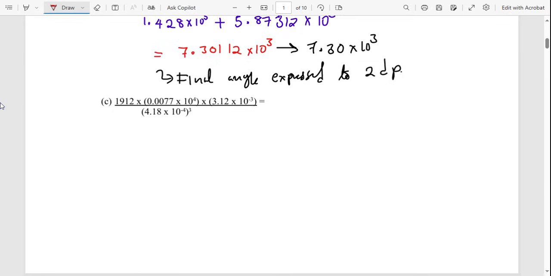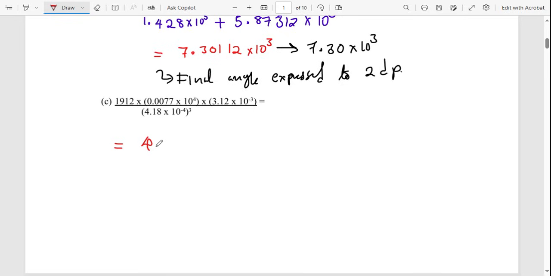So we have got 1912 times 0.0077 multiplied by 10 to the power 4, and then times 3.12 times 10 to the power negative 3. So that has given me